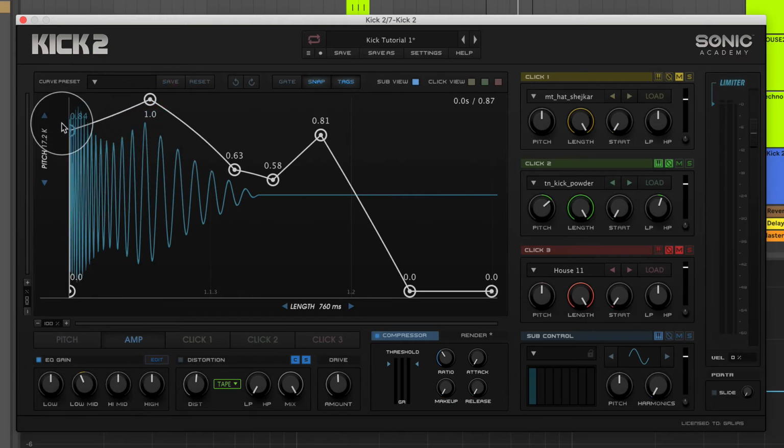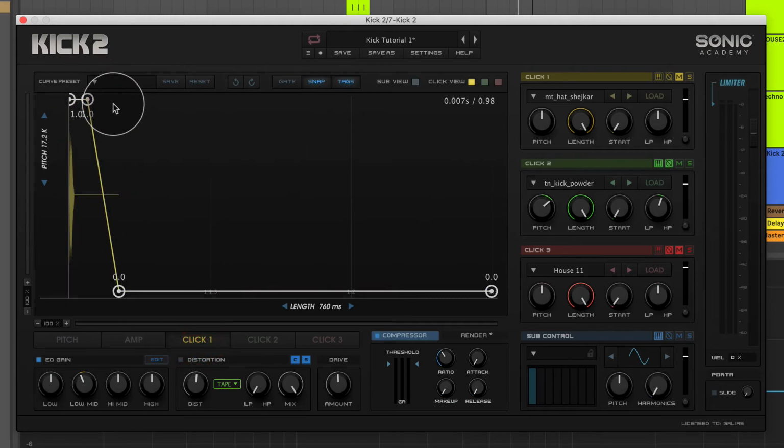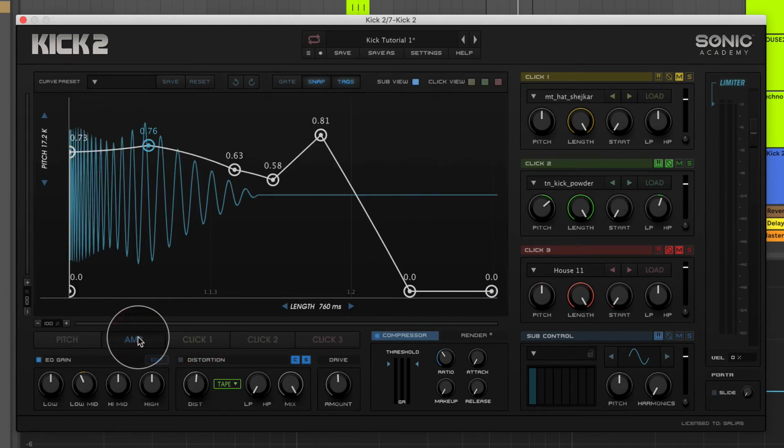Again, you might ask, well, why don't we do this with the volume envelope? The reason for this is because if we did it with a volume envelope, we could only achieve the result of this to either the click or the sub separately. So we would have to mimic the volume curves on the envelopes for both our sub oscillator and our clicks. And whilst that sounds okay in practice, in reality, compression helps gel and glue multiple samples together